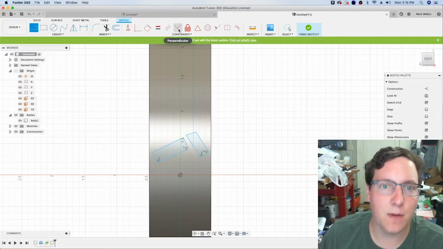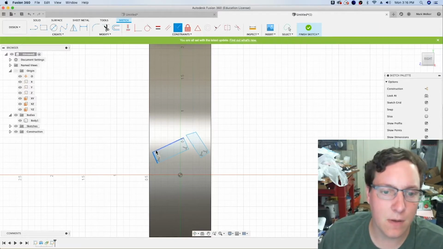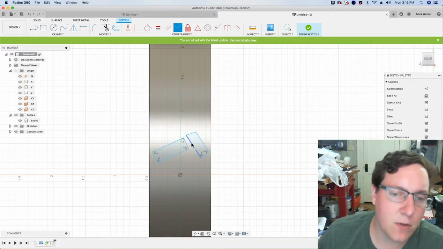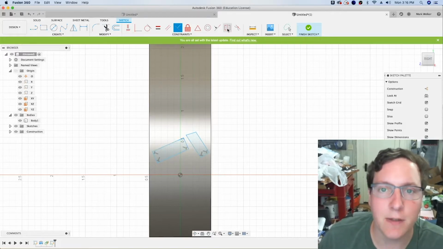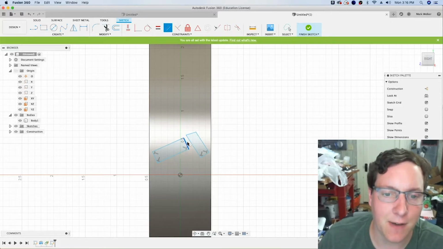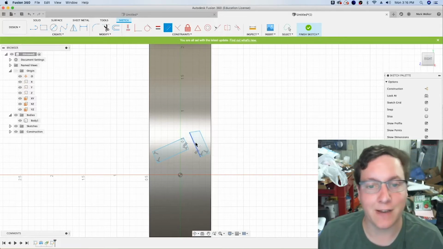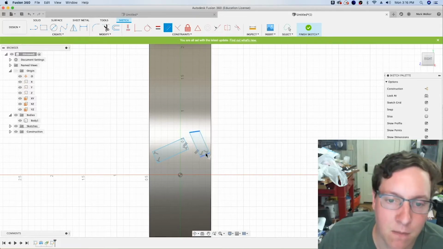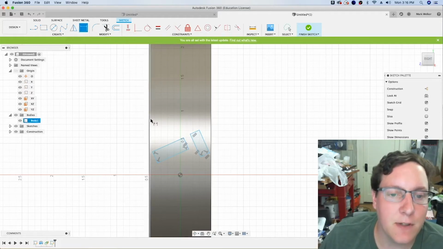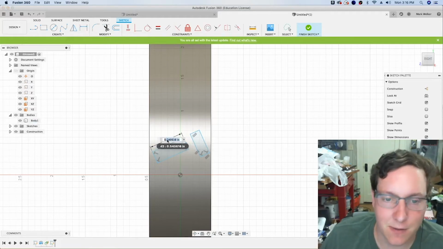Clean this up a little bit with our geometric constraints, and you can choose to do it other ways. I just like the idea of having kind of a chevron pattern, kind of a rectangle creating an arrow of sorts. And then maybe just a little bit of dimensioning to make it a little easier to make sure that it's